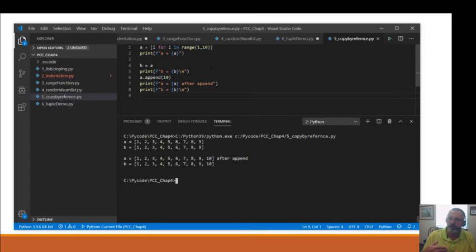So these are equal. All right? B and A, they're not really the values, they're the pointer to the memory location that has this data set. Okay? And that's copying by reference. A is a reference to the data set. You're copying B equals A, so now B is a reference to that data set.